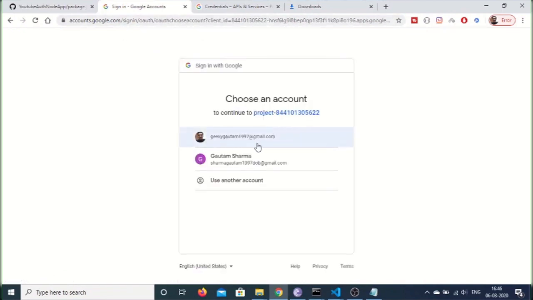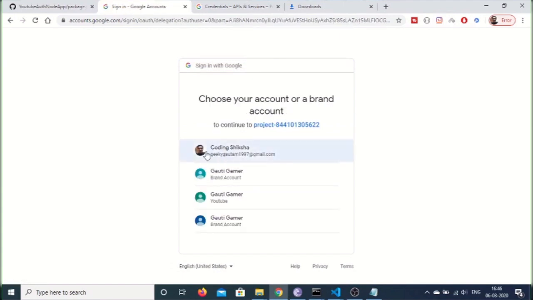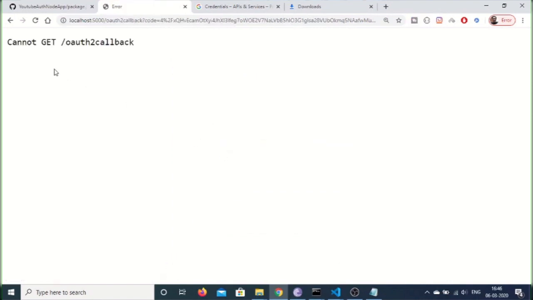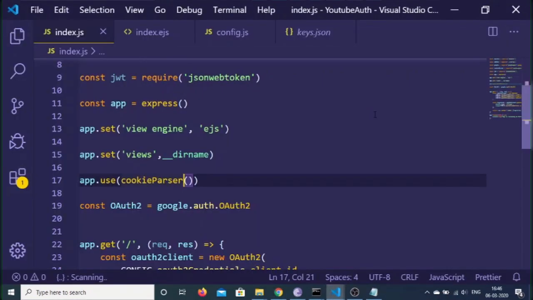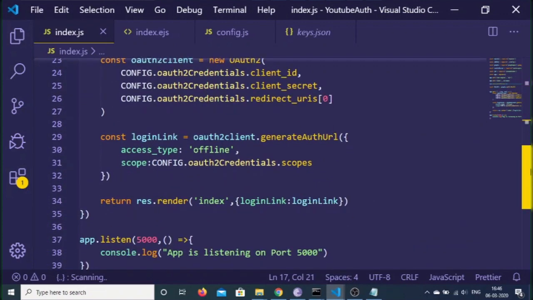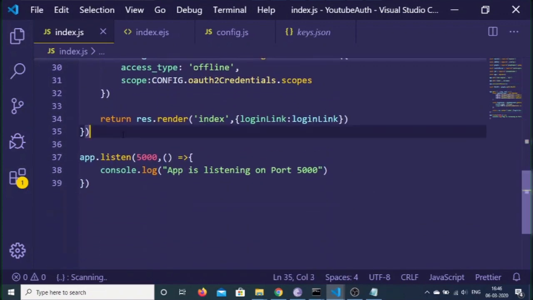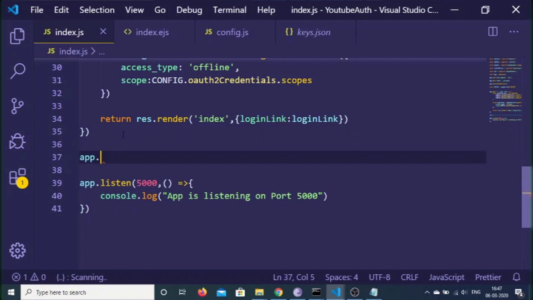So here I can just select any account. So this is the Coding Shiksha YouTube channel. I can just select this. So basically it will tell you that it cannot get this /oauth2callback. We need to create this route here. So just move on to this main index.js, and right here just create this route, which is app.get